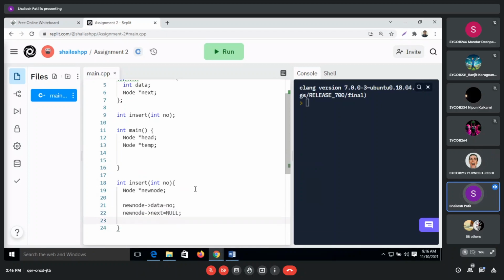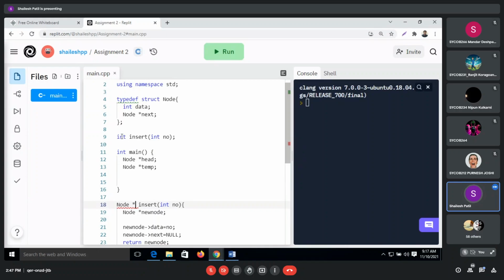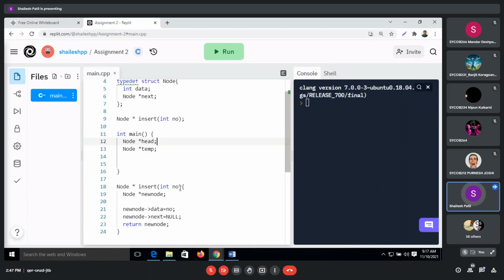So the new node is created, and I will return new_node. I will make the return type node *, so the function is also node *. So this insert function is created. This much is clear.